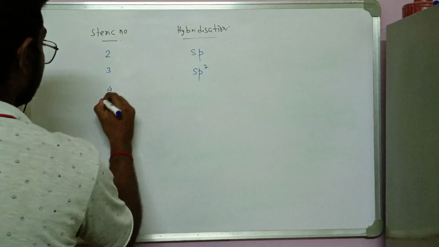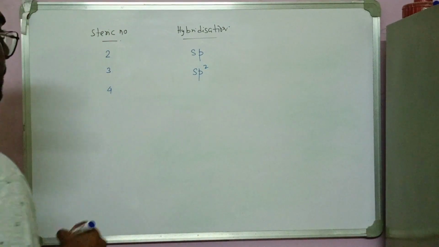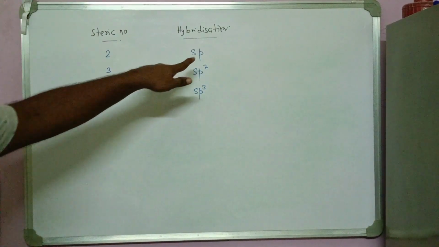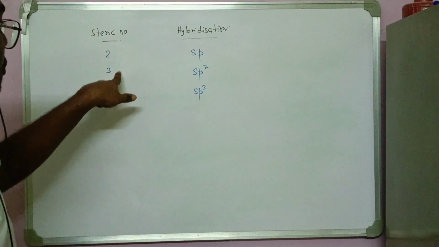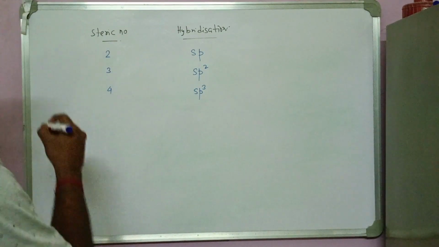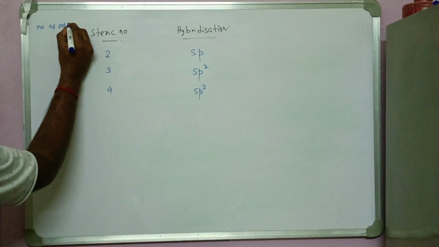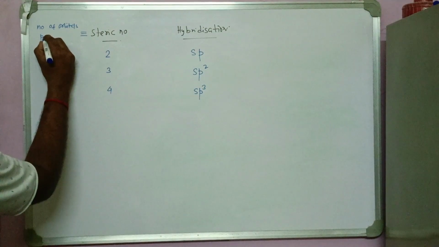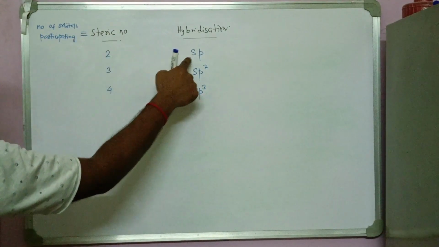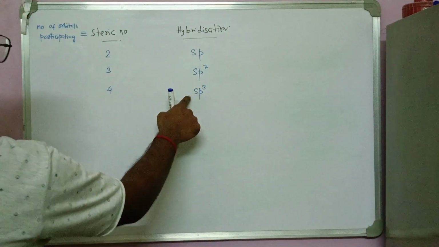If the steric number is 4, the value of l is different. The value of l will be 1, 2 and 3, but the steric number is 2, 3 and 4. So basically we can say the steric number equals the number of orbitals participating. There is 1s and 1p, 2 orbitals are participating; 1s and 2p, 3 orbitals are participating; 1s and 3p,